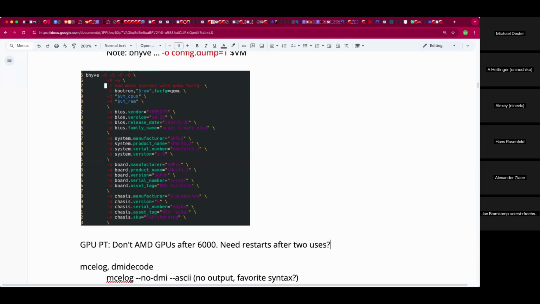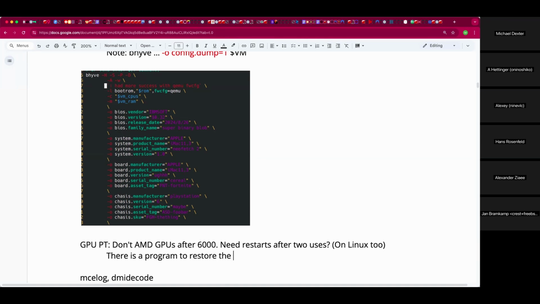Okay. There is a custom program to basically properly reset the GPU to its default state on Windows, but it's very janky, and it just managed to crash my bhyve like 5 times when I used it. So I don't use it. I just restart my whole host when I want to restart the VM.